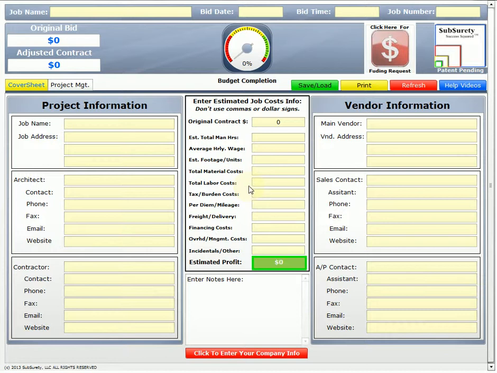So what we see here, we're on the cover sheet page. That's indicated by the yellow colored tab. On this particular tool, we only have one other tab currently, and that's the project management, and that highlights in green when you hover and ready to click. Up on top, we have the original bid and the adjusted contract. Original bid, of course, is what your original contract will be, and then adjusted contract will be if you have